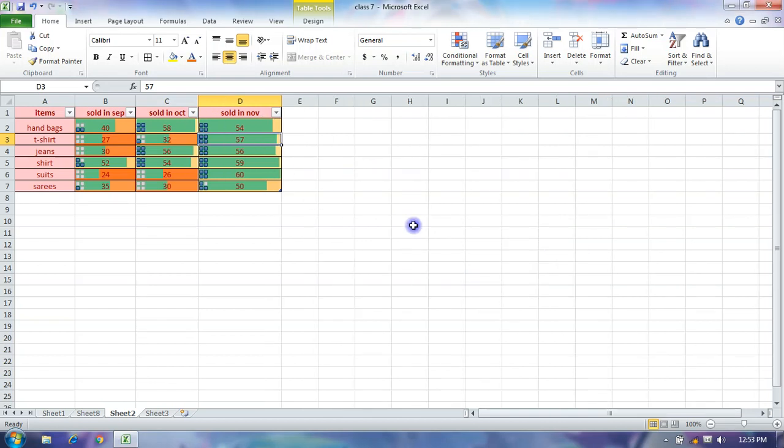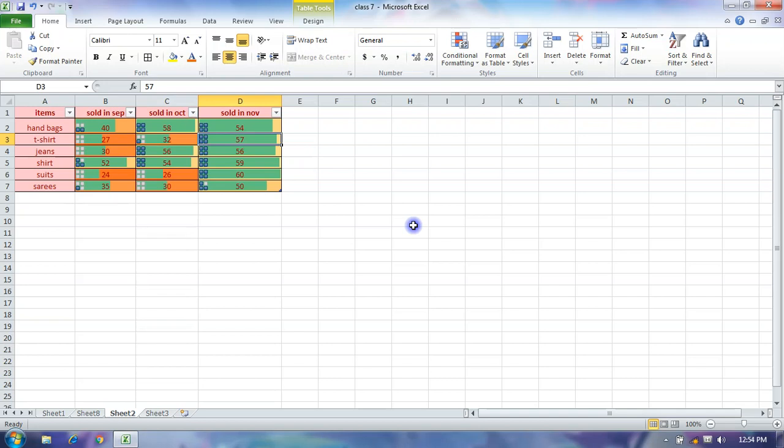Okay, and by default the row height is 12.75 points in MS Excel, and column width is by default 8.43 points.